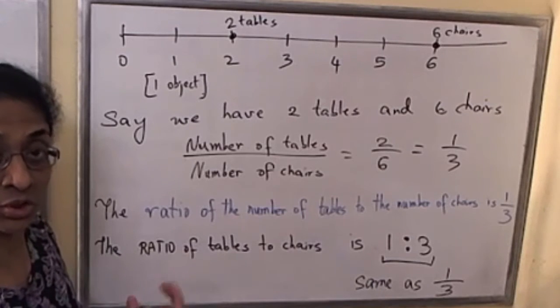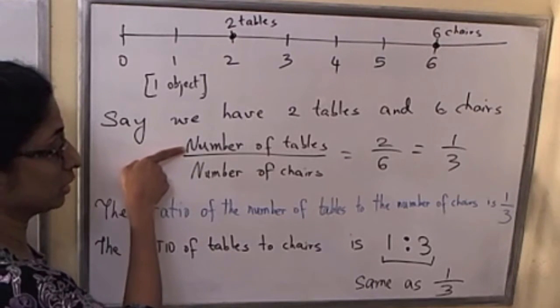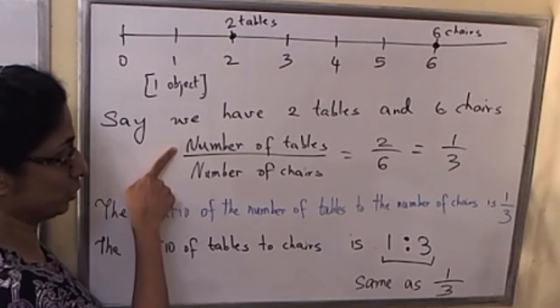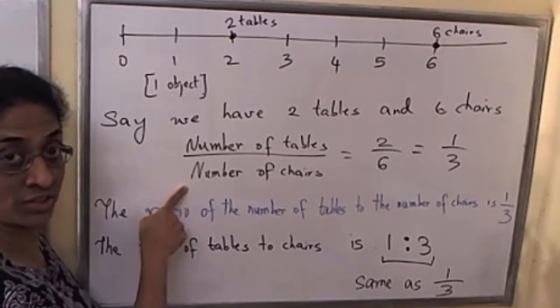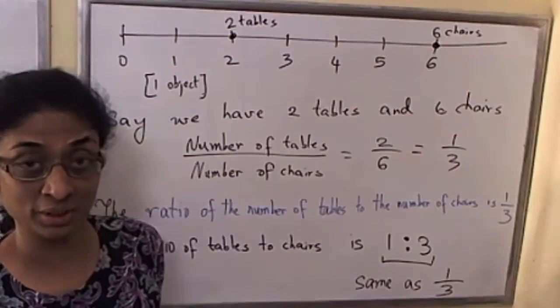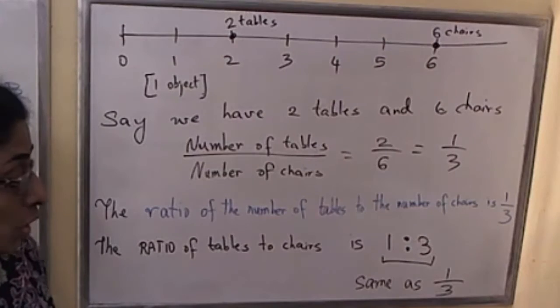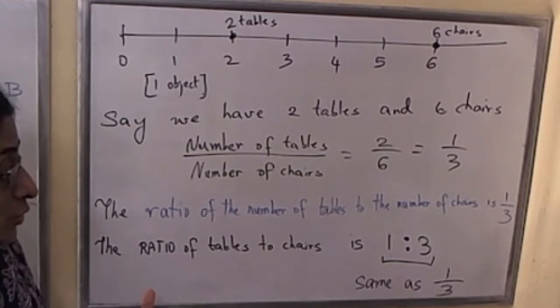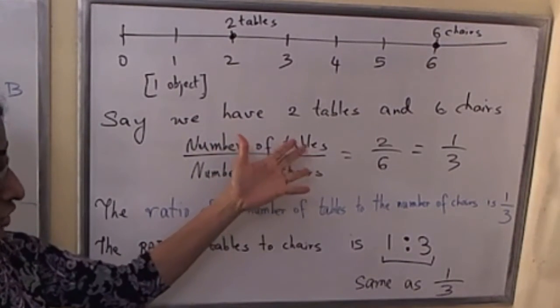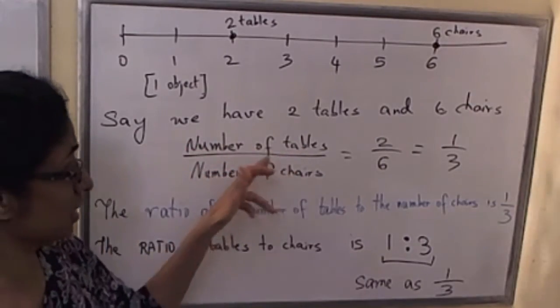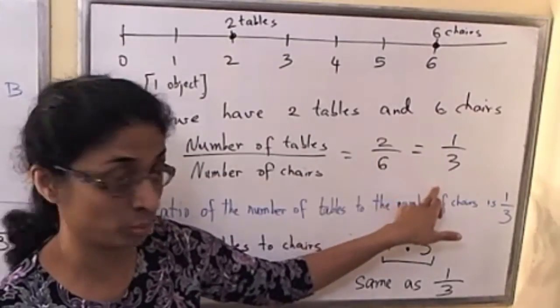Sometimes we would like to compare them by computing this fraction, number of tables over number of chairs, and then we get 1 over 3 by using the cancellation law of fractions. And so sometimes we could report this information as number of tables over number of chairs is 1 over 3,